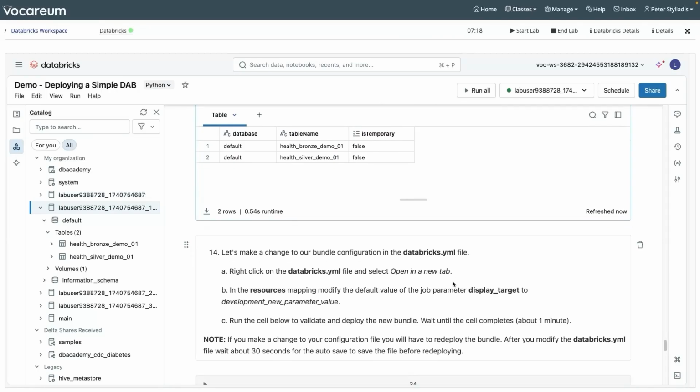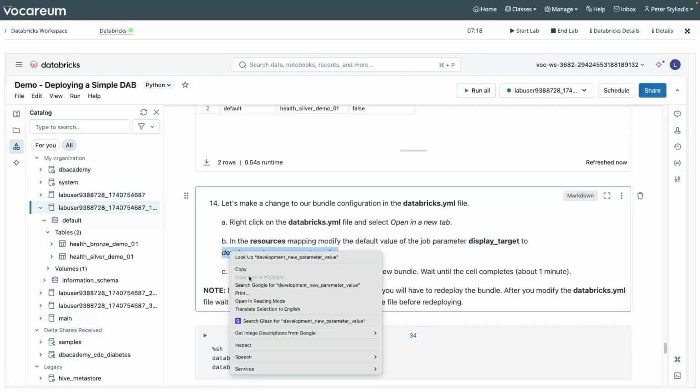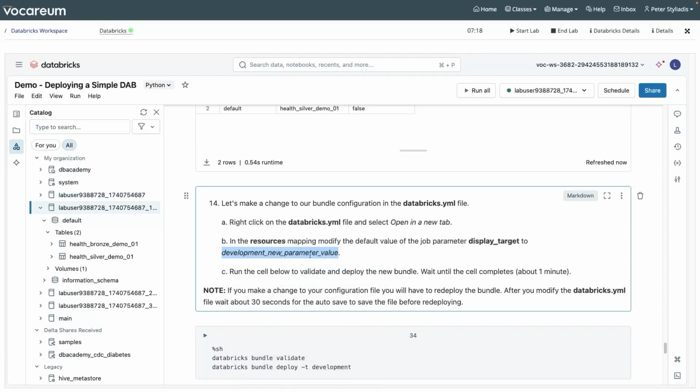So let's make a change to our bundle configuration. We're just going to make a very simple change, right? It's not really going to do much, but we're going to go to the display target parameter where that is set in the databricks.yaml file. And we're just going to change it to say development new parameter value, right? Just to show you if you do make a change in your configuration file, you do have to redeploy the